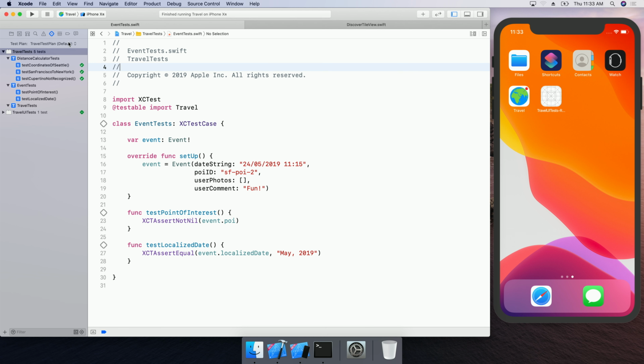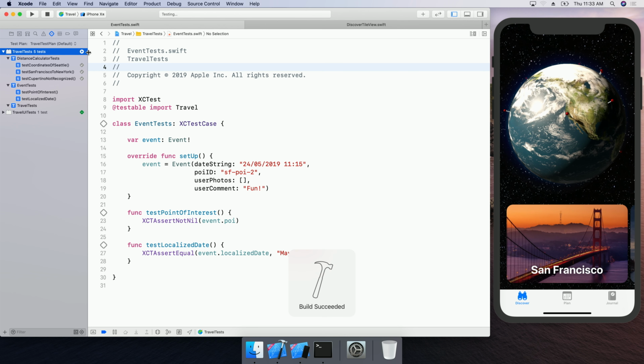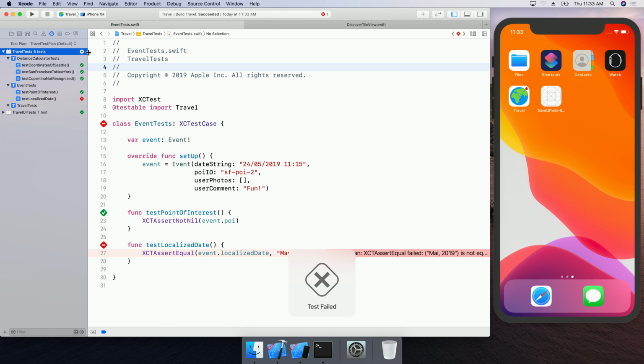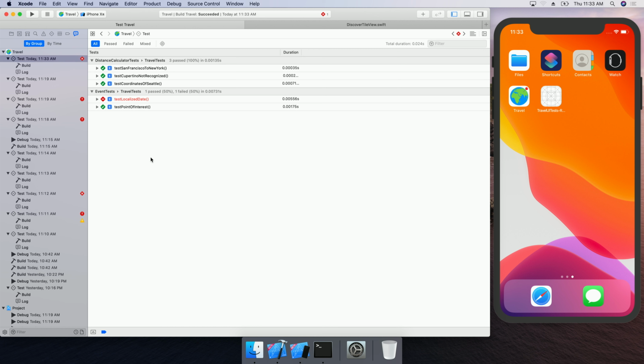All right, so now I'd like to just run my unit tests in all of the configurations. And now we'll see Xcode quickly build my entire project and then run my tests 2 times in the simulator. And it's already done. So it looks like there was at least one issue, though. So let's go see the details about that. I'll see those details by clicking on the report navigator and going to the most recent test action.